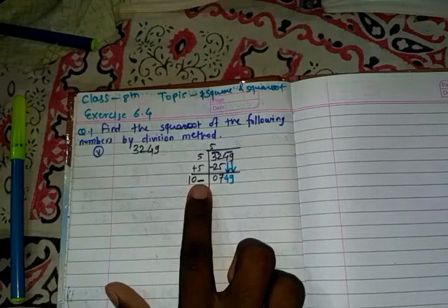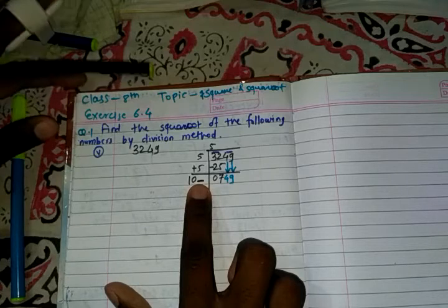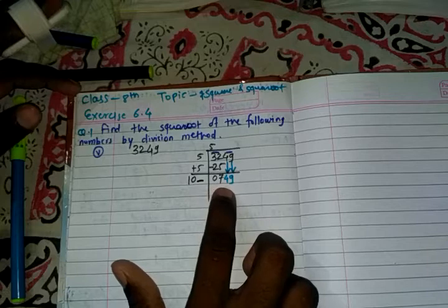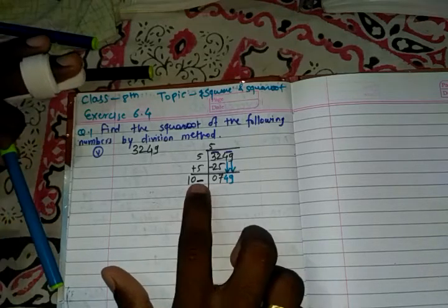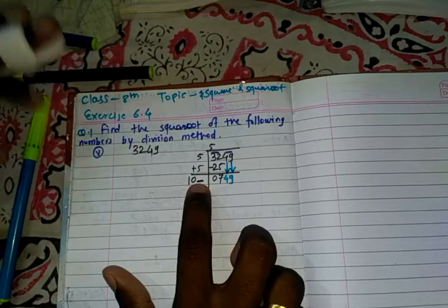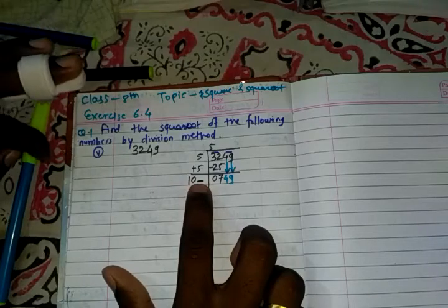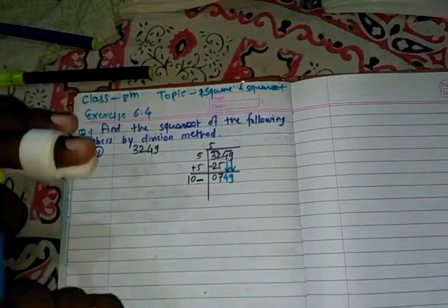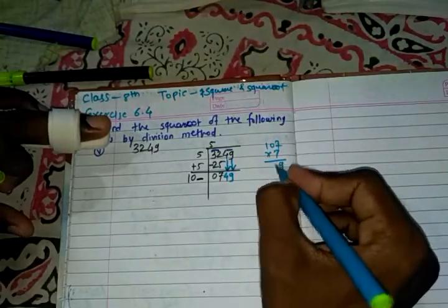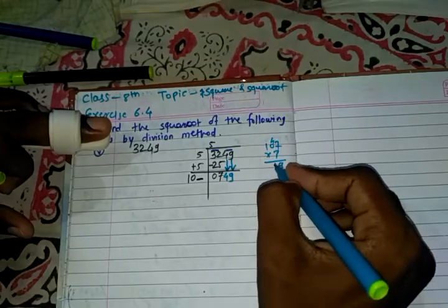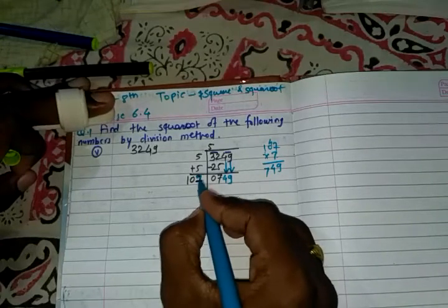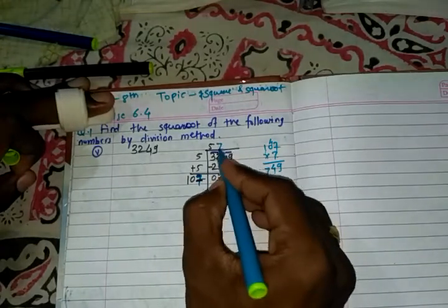But keep in mind, whichever number you are keeping at this ones place, by that number you have to multiply the whole number, and that product should be equal to or nearest to 749. So let's think, if I kept 1, then 101, 2 is 200, 3 is 300, 400, 500, 600. But if I kept 7, see what will come. I will multiply 107 into 7: 49, 4 is remaining, 7 zeros are 0, 4, 7 ones are 7. Exactly 749 is coming. So I will keep 7, and here is also 7.